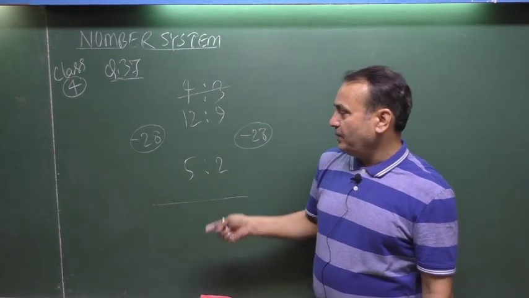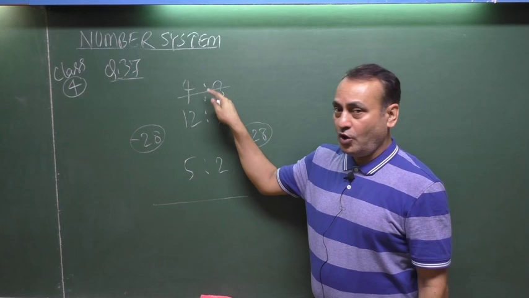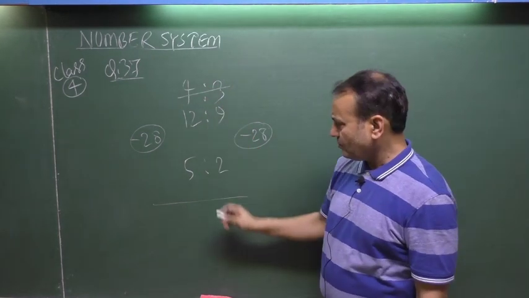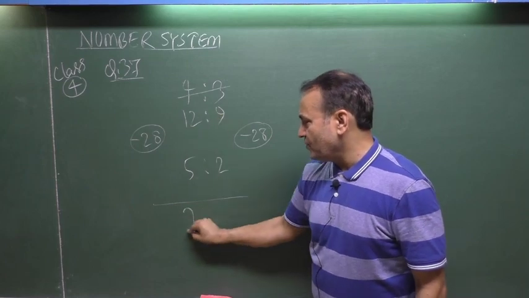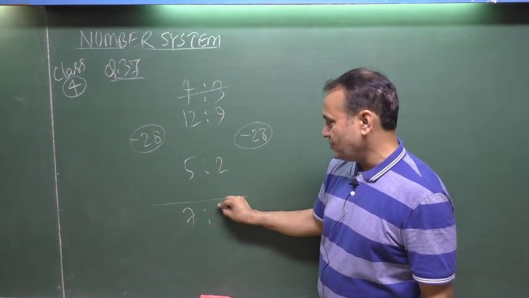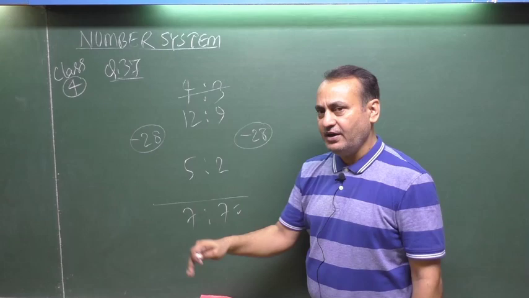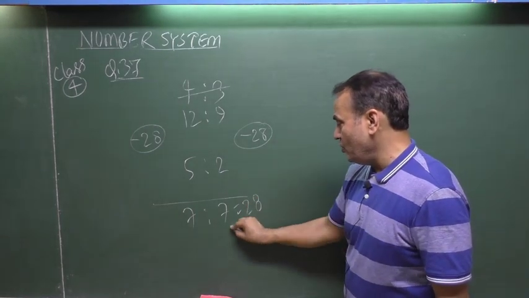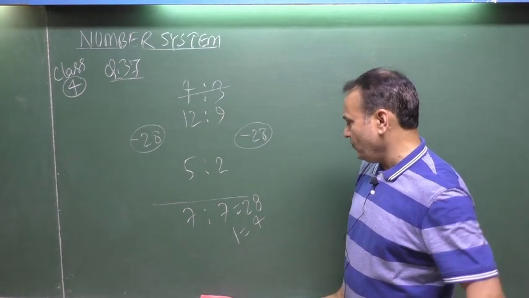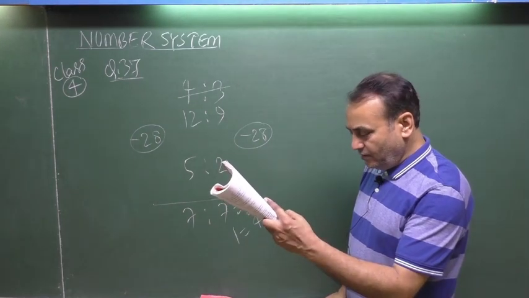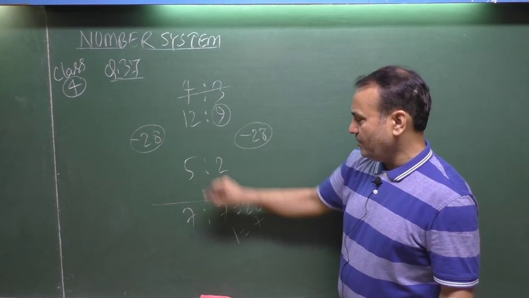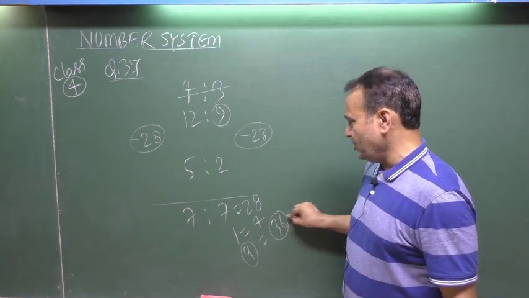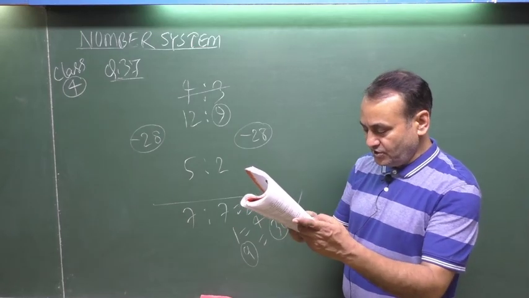You have to multiply this by the difference of these two. Now 12 minus 5 equals 7, 9 minus 7 equals 2. That means there are 7 units decrement. 7 units equals 28, so 1 unit equals 4. And then the smaller number is 9 units. 9 units equals 36. Note down, 36 is your right answer.